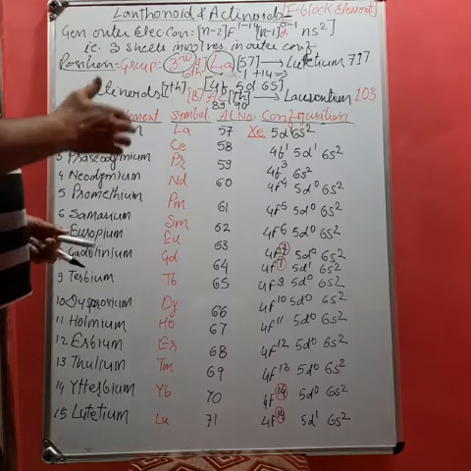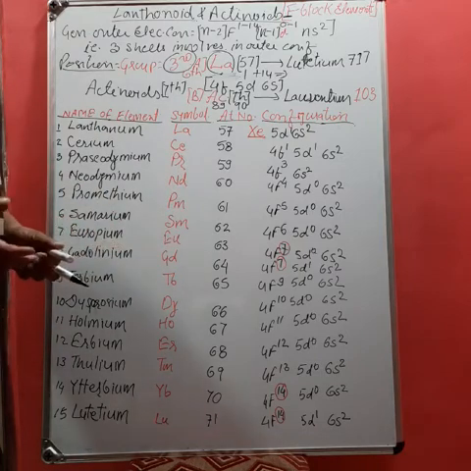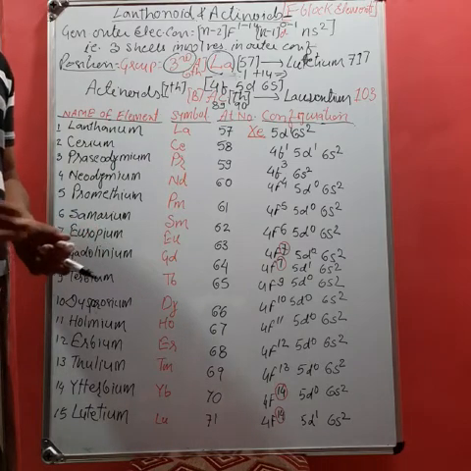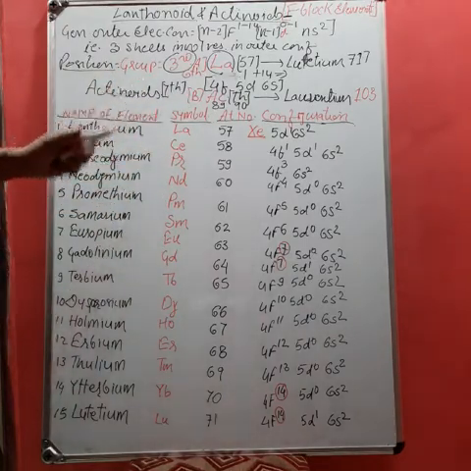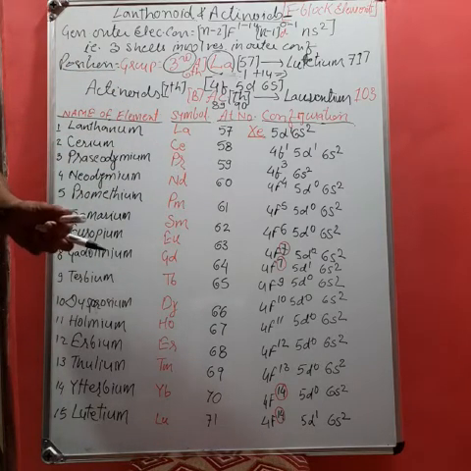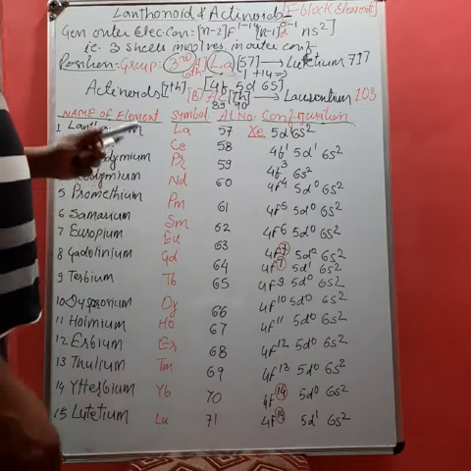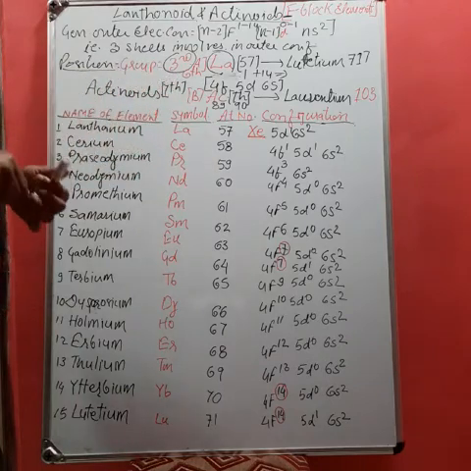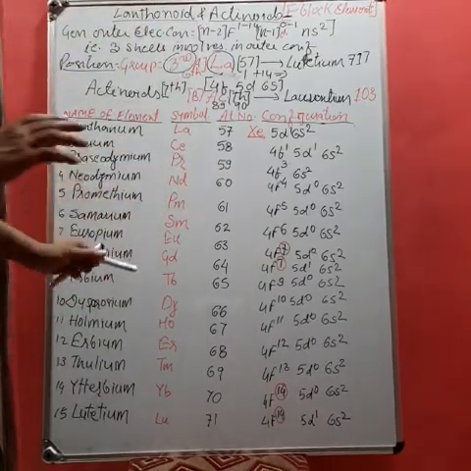Student, lanthanides and actinides have many uses in our daily life. Like the lighter flint which we use in our kitchen is made up of alloys of cerium. Cerium is a strong reducing agent. While thorium, uranium and plutonium, which belong to actinides, are used for nuclear reactors. Only this idea is included this year. The rest of the part, that is the properties of lanthanides and actinides, is deleted. Therefore, I am closing my video up to only this portion.